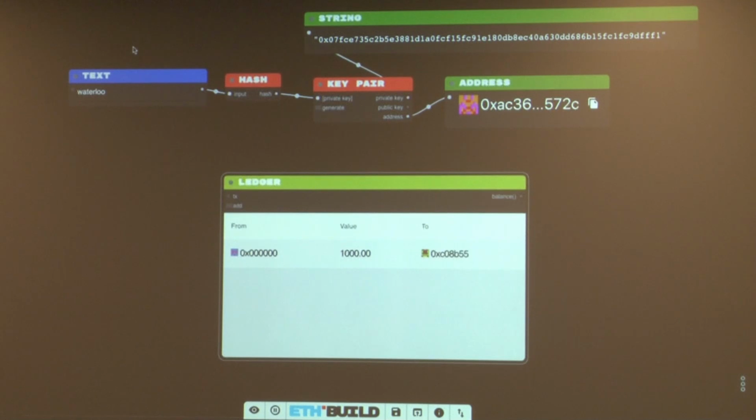And I think this is kind of hard-coded with this specific account. There we go, yeah. So the word test, plugged into a hash, plugged into a key pair, you get this address. But what we can do with the ledger is